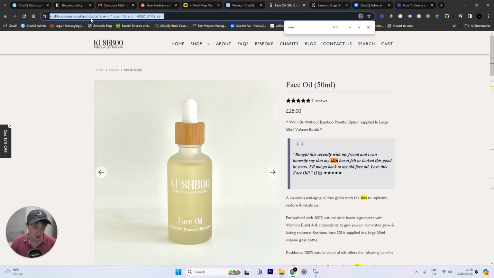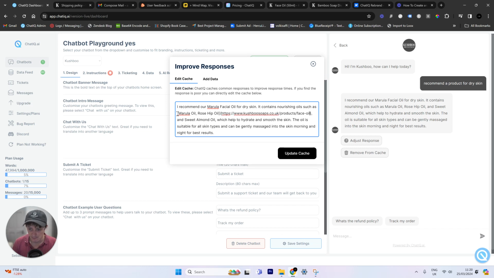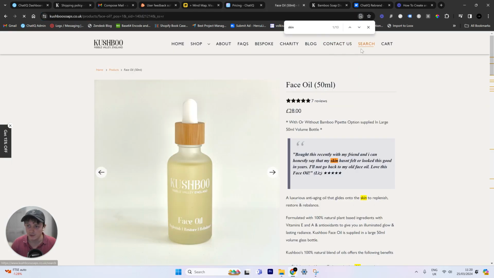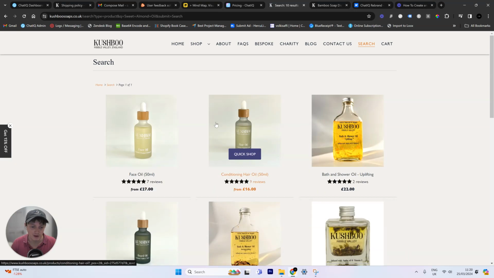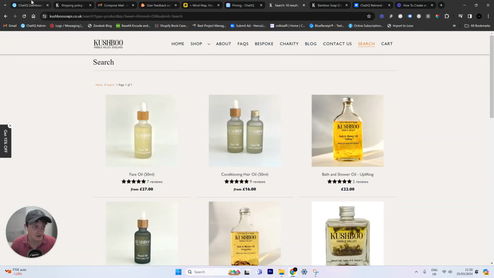So what I can do now is I can take the URL for this page. I'm just going to take that bit. I'm going to come back to the dashboard, and now we're going to adjust the response. We're going to put the name of the product into square brackets, and then in normal brackets next to it, we're going to paste in the URL like this. And then we're actually going to find the sweet almond oil from their website, and we're going to do the same thing with that. Sometimes ChatIQ will actually be able to find the URLs, but in other situations, you want to put them in yourself. Okay, so the sweet almond oil,